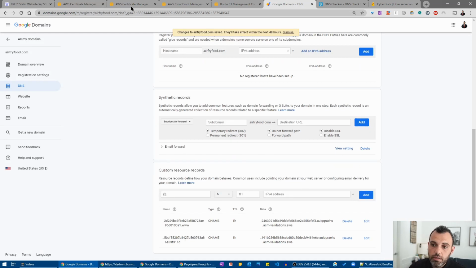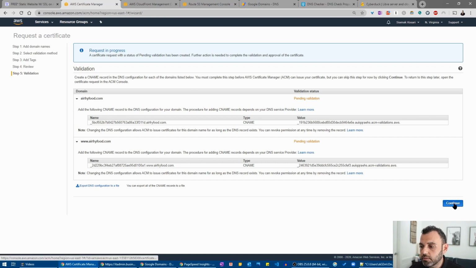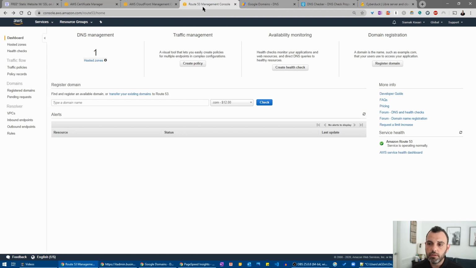Okay, so that's done. So now back in our Certificate Manager, I have one open over here. This pending validation is going to change to validated, and we're going to give that a second to work. While we do that, we might as well go into Route 53. I'm going to deviate a little bit from